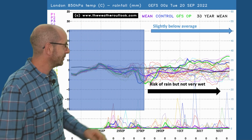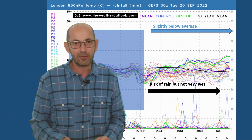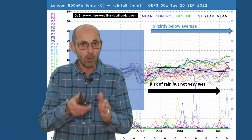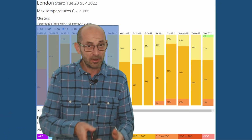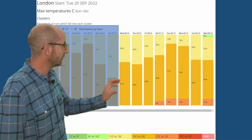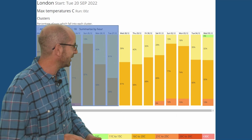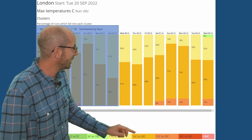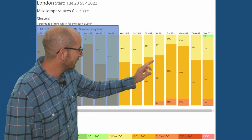Rainfall across the bottom, some spikes continue to show throughout. There are one or two big ones there. But all in all, it's not looking particularly wet. The 2-meter temperature data table for London, this highlights things quite nicely. There isn't a very sharp trend here. It's fairly consistent throughout. This shade of orange, 16s to 20s being dominant,